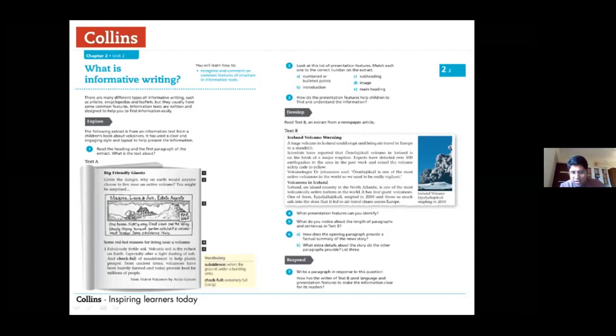If you happen to look at question number 6A, how does the opening paragraph provide a factual summary of the news story? Aha. So it's like inducing some critical thinking over there. So the learners are not just focused on finding the superficial understanding or explicit meaning. It's in-depth. So how does the opening paragraph provide a factual summary of the news story? Again, in this case, something which is very, very essential is to help our learners underline the keywords and then proceed.